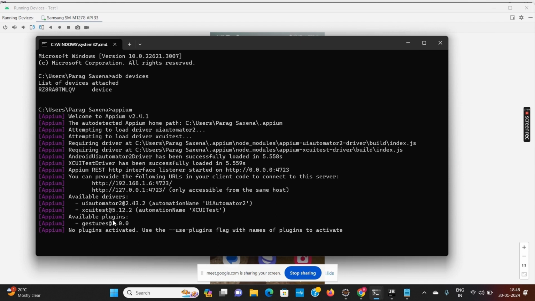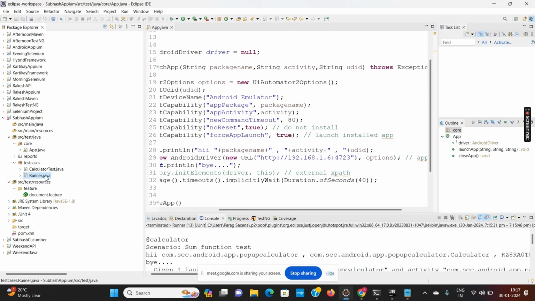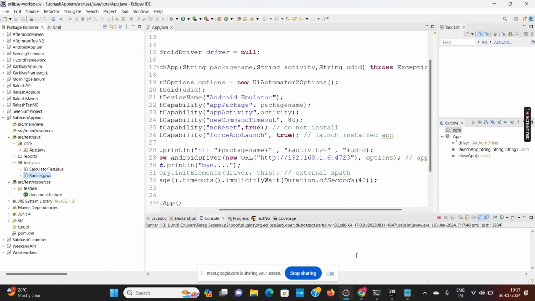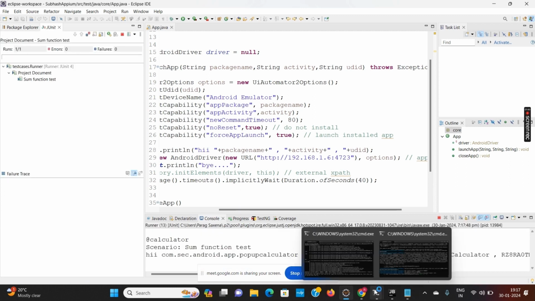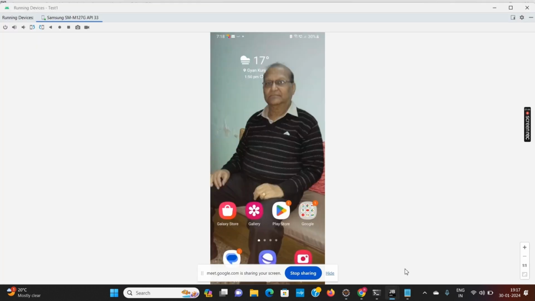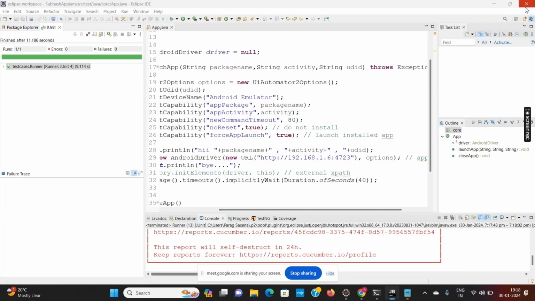So you have to start this Appium server first and then the runner. Notice, launching the app. So everything was correct. Only the version was the problem.